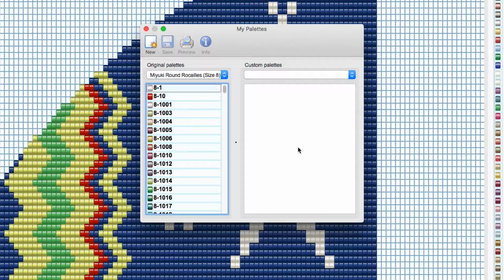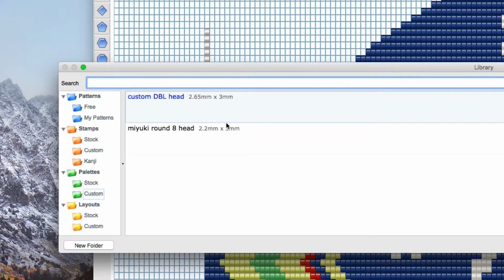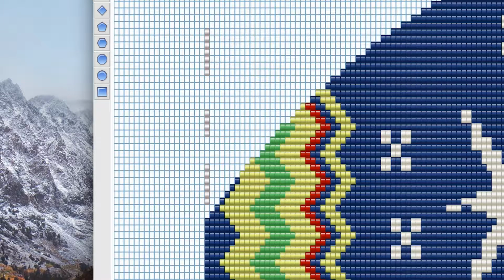So that's the first thing that you do. Now my pattern I called custom DBL head for the head, and you can see the size of the beads there. That's 2.65 millimetres by 3 millimetres. So the size of the beads isn't the issue in this case in terms of sizing.